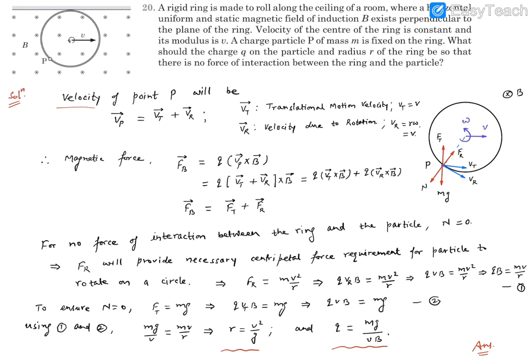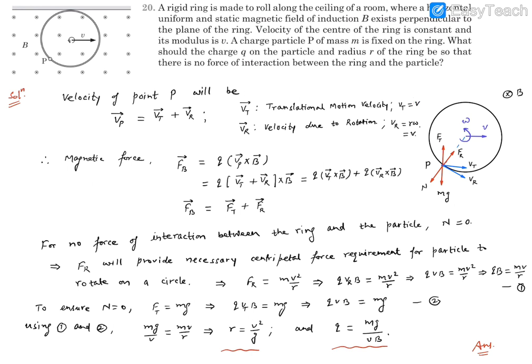Now, at any instant, if we look at the velocity of the point P, in general motion, because it's a translational as well as a rotational motion, both rolling, that's called rolling. So here in particular case, you will find this velocity will be coming because of translatory motion as well as rotatory motion. So Vt is indicating the velocity due to translational motion, and it is going to be equal to the velocity of the center of mass, which is constant, which is equal to V. So Vt is equal to V.